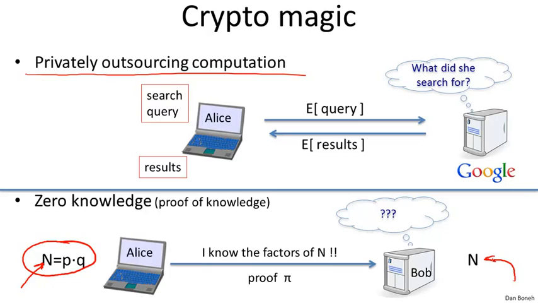And this statement actually is very, very general. This is not just about proving the factorization of n. In fact, almost any puzzle that you want to prove that you know an answer to, you can prove it in zero knowledge. So if you have a crossword puzzle that you've solved, well, maybe crosswords is not the best example, but if you have a Sudoku puzzle, for example, that you want to prove that you've solved, you can prove it to Bob in a way that Bob would learn nothing at all about the solution, and yet Bob would be convinced that you really do have a solution to this puzzle. Okay, so those are kind of magical applications.